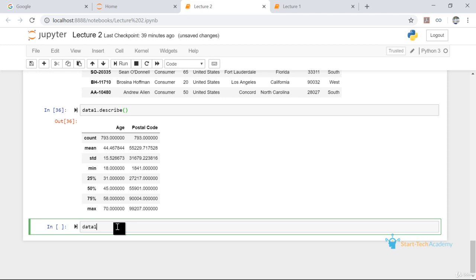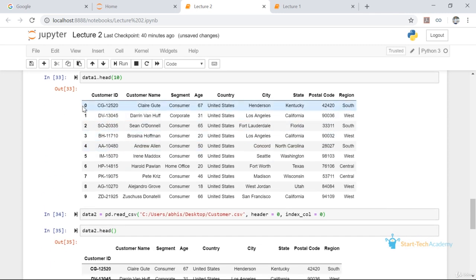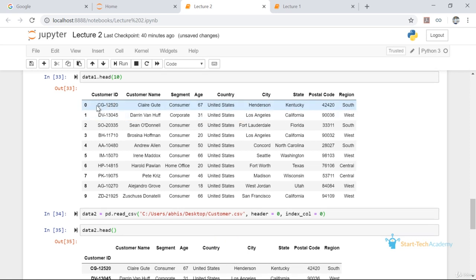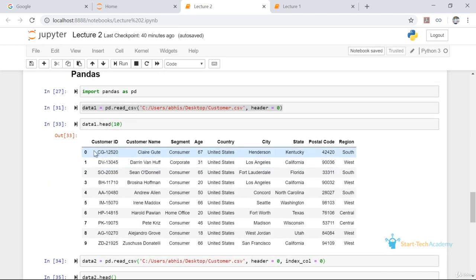If we use data1.iloc and then we provide 0, what iloc will do is it will grab the data that is present at the 0th index of our data frame. So our output is the same as the first row of our data frame.